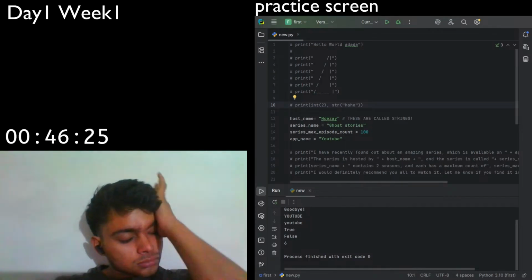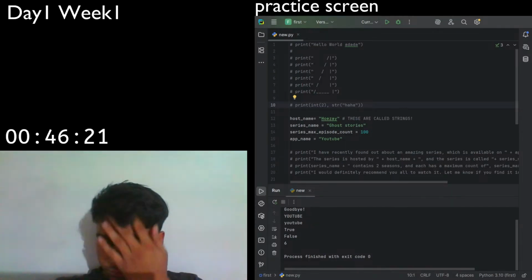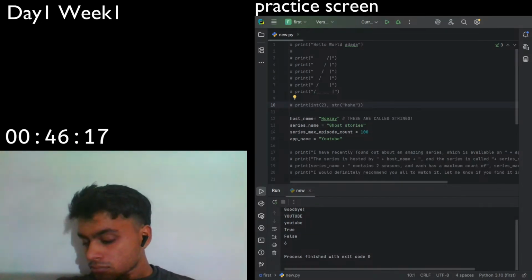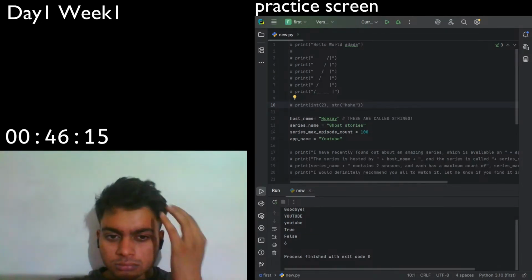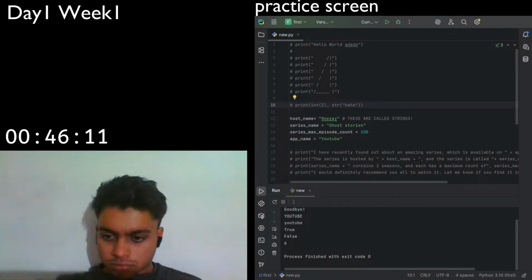So first thing we can do is we can actually just print out a number. If I want to write a number in Python, it's really easy. I basically just write the number. So I could say print 2, and this is just going to print the number 2 out onto the screen. So I can use a whole number like this. I could also use a decimal number. So I could say like 2.0987, and Python